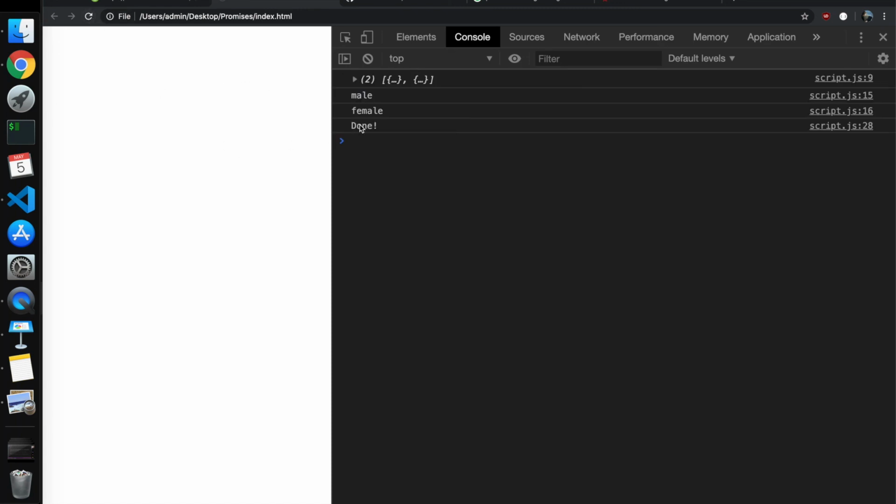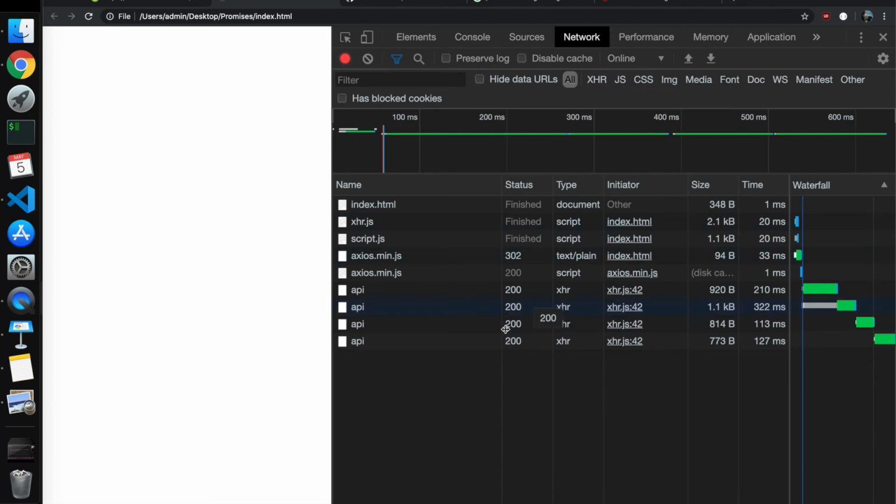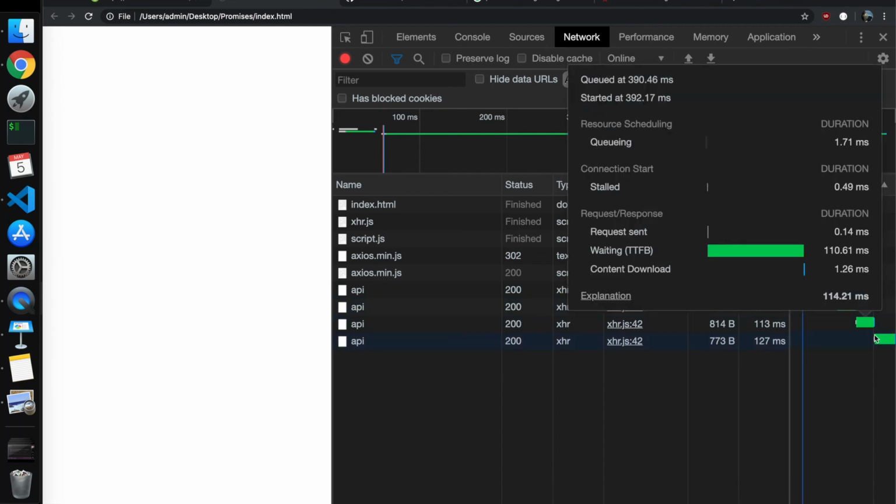Male and female. There we go. Here we got 2 females, and as you can see, we also got the 3rd and the 1st person in the serial. So let's look at the requests. You see that those first two, those are the 2 first persons. The gender was female, and after that we made another additional 2 requests to get the 3rd and the 1st